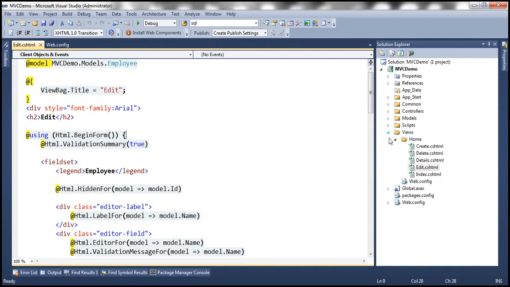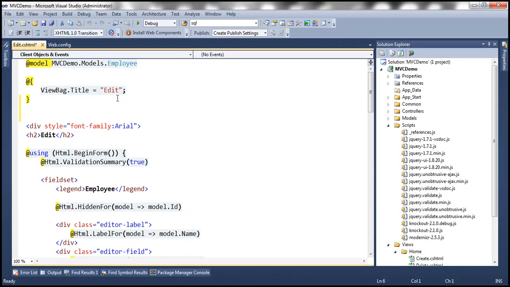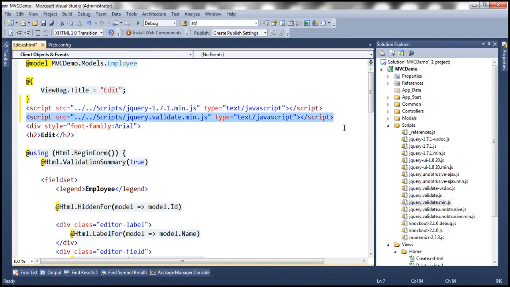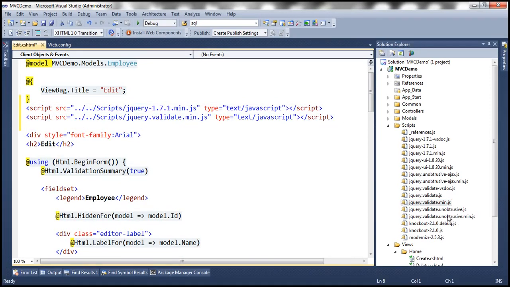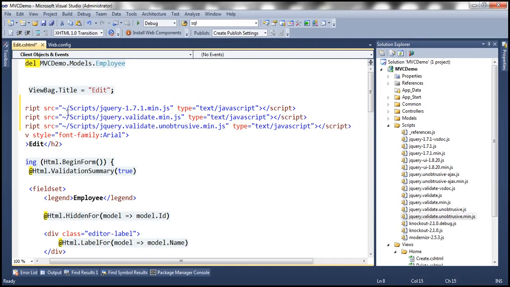Alright, so let's reference the required script file. The first one is jQuery script file. Let's drag and drop it right there. And we need jQuery validate file. And we need jQuery validate unobtrusive. Okay, and let's use the tilde slash syntax. So tilde. Basically this tilde character indicates root directory. So from the root directory, navigate to scripts folder, and within that folder find the required scripts. Alright, let's save everything